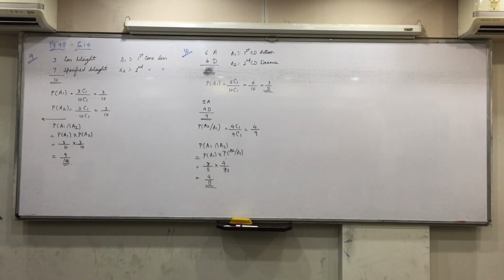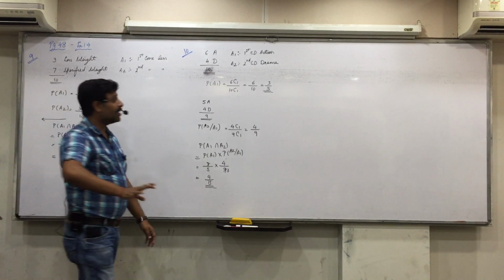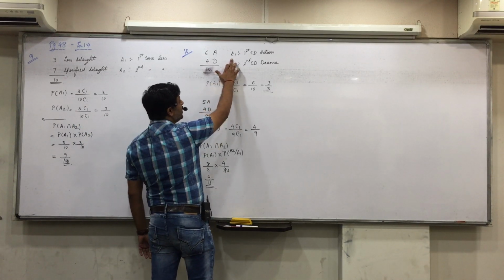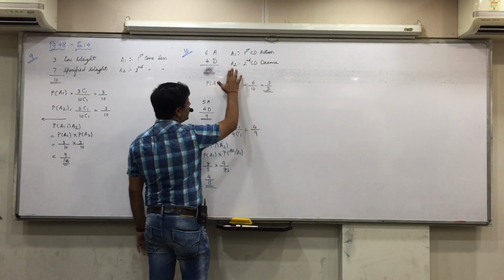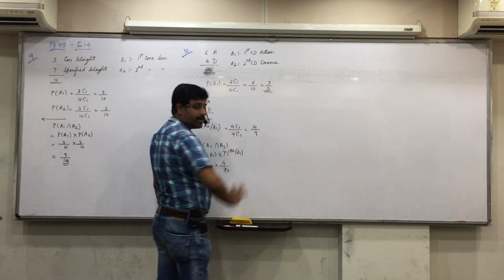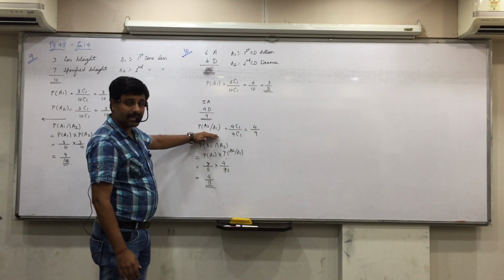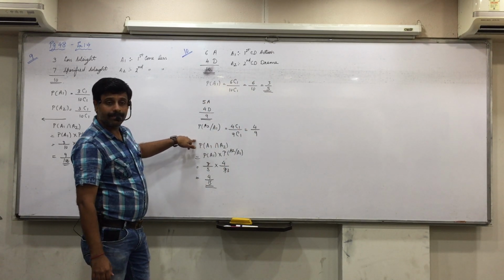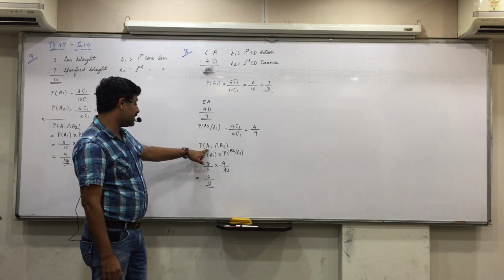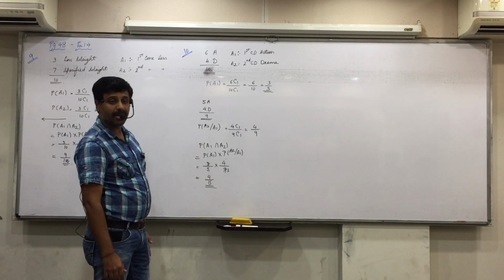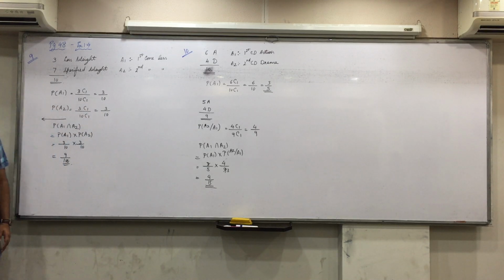Completed. Acha, how to define it? Could you all do that? After this, to define: let event A1 be the event that first is action, let event A2 be the event that second is drama. Then up till here you write as it is. And here one statement will come: the probability that first is action and second is drama. Okay.